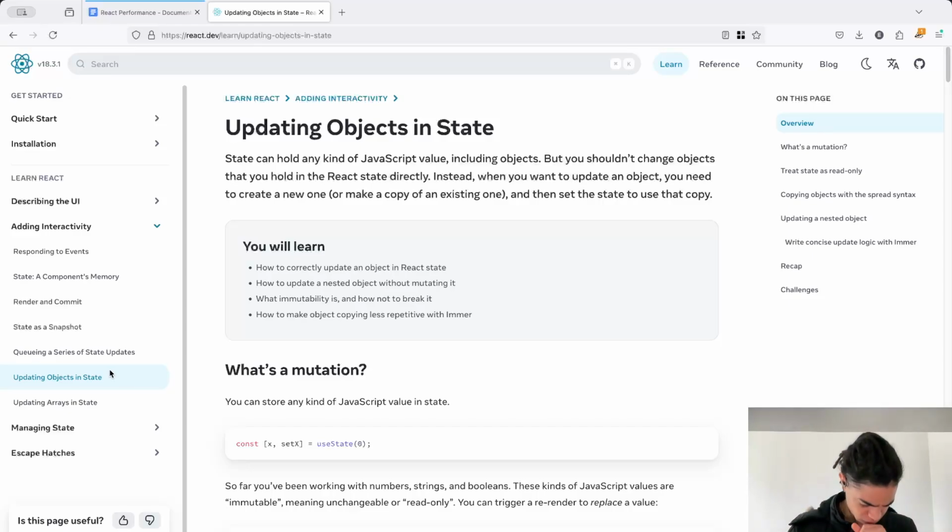How to update an object in the state, or an array in the state. The TLDR of this is to always return a new state out of that. In the case of objects, avoid any mutations or any deeply nested objects. And when we talk about nested, it's an incorrect term, because those are new objects that point to a particular